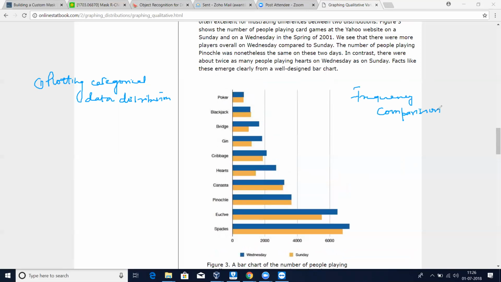You have APIs for this too. Yeah, we can use matplotlib also. What is this particular graph called? This is also barh, horizontal bar. Even you can do it in vertical as well. Vertical also can be done.